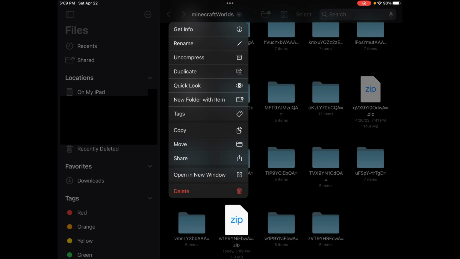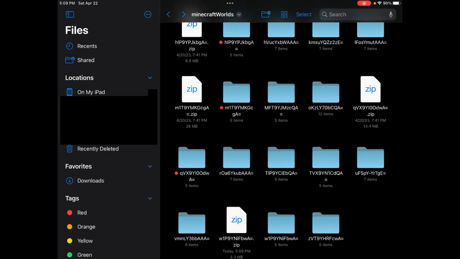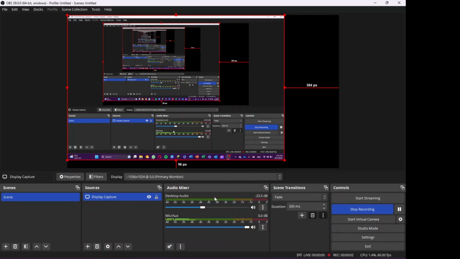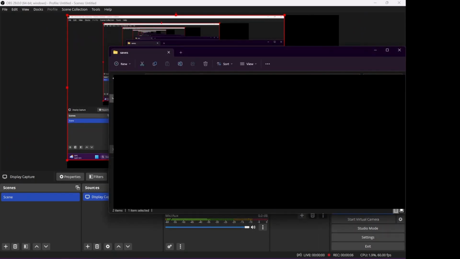you need to get this zip file to your computer, and there are many ways. If you're using a MacBook, you can AirDrop it, or you can use OneDrive and put it in your OneDrive, or anything you want to do. So I'm just going to put it in my computer. Okay, so once you have located where your file is,